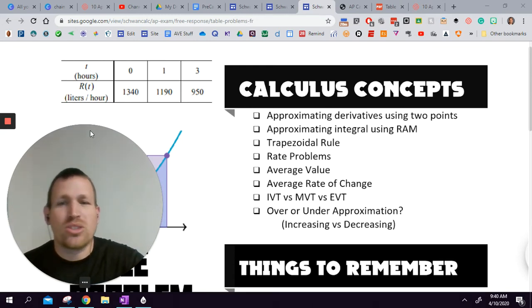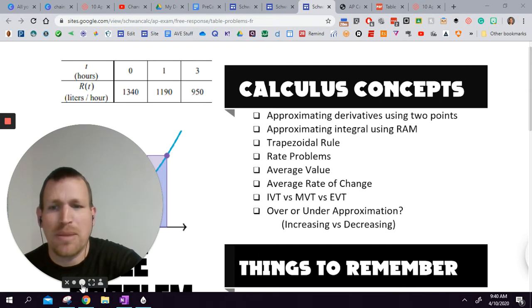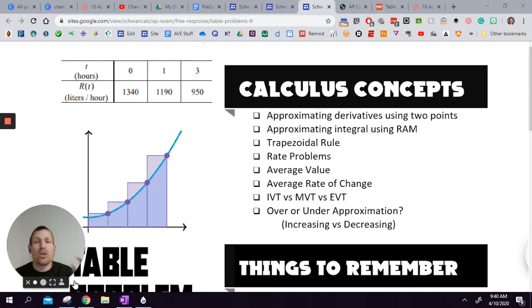Today we are talking about table problems. I'm going to minimize me because I'm way too big. All right, we're going to talk about table problems today. This is free response. There is not something specific you have to turn in today, but you need to practice